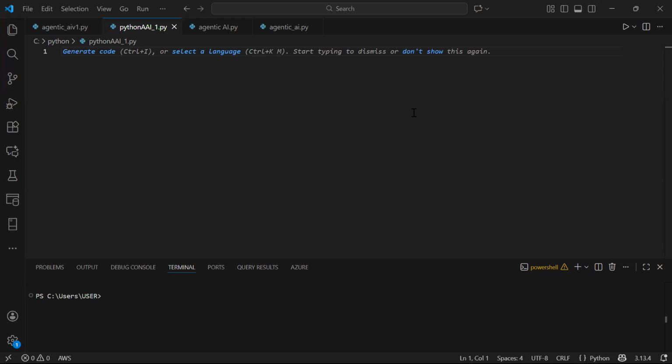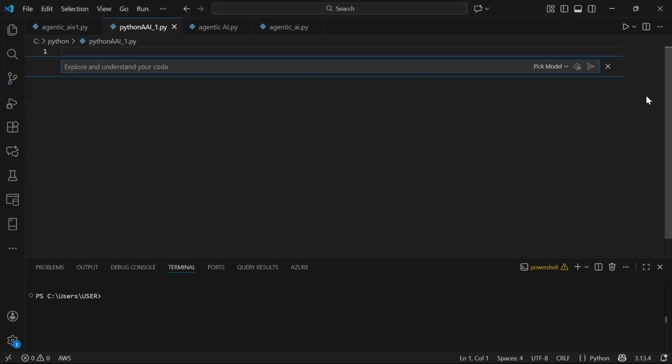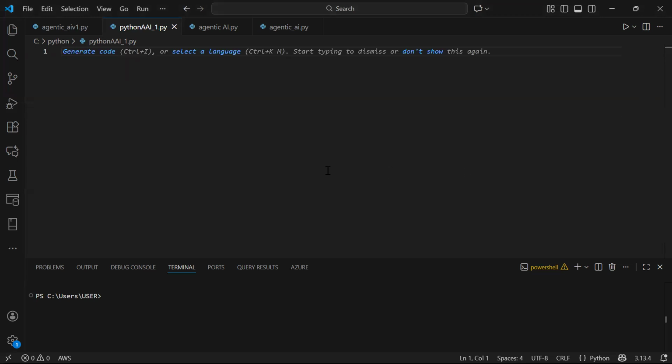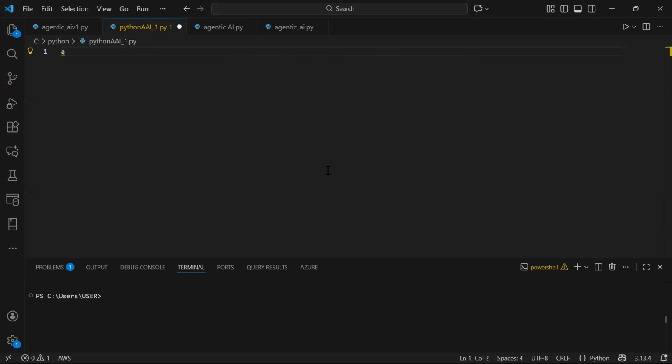To give you a very simple example, if I want to create a variable, I'm defining a variable A, and then I assign a value to A. I'm assigning one. Okay, and then I go ahead and print